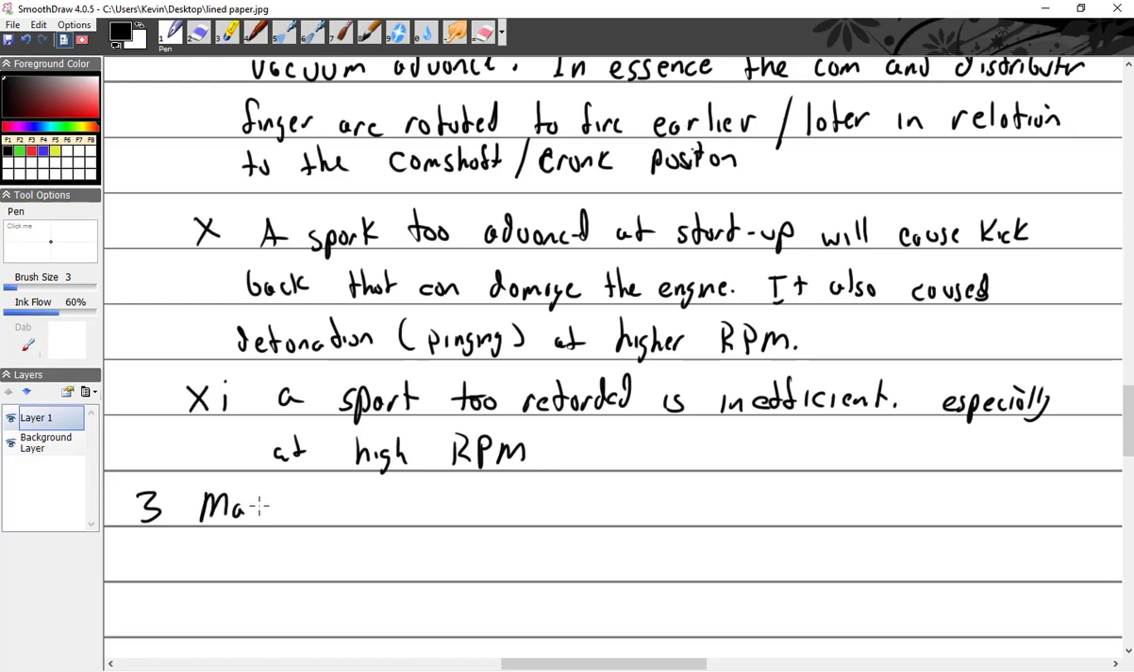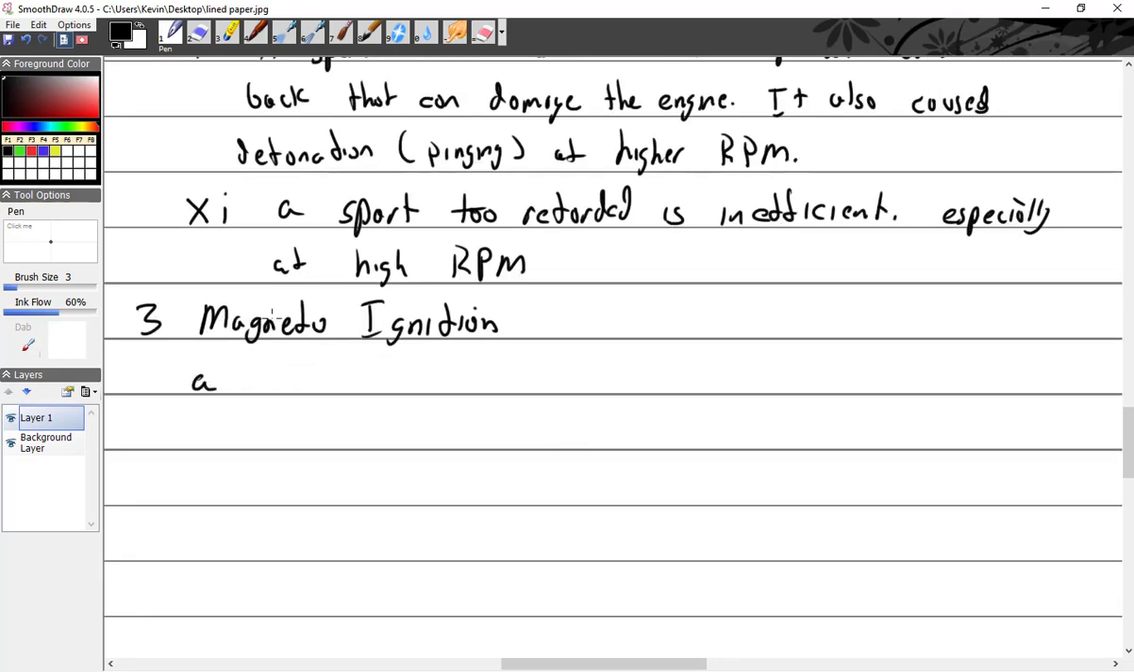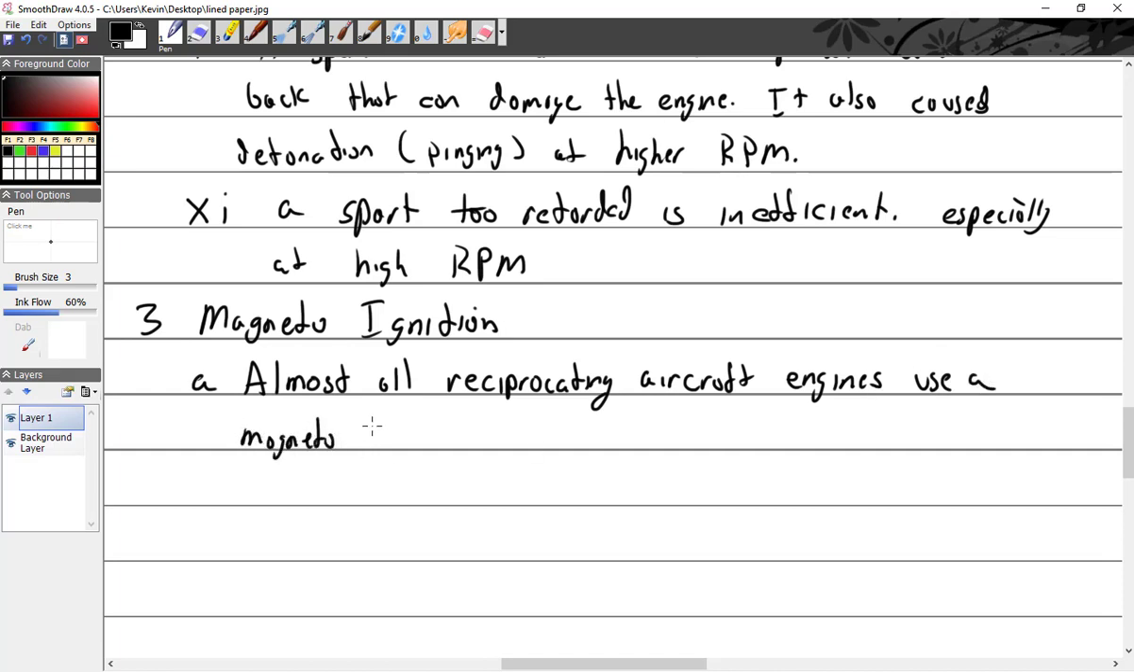So now we can talk about magnetos. These little silly rascals. Well, this statement's becoming less and less true, but almost all reciprocating engines. A reciprocating engine is a piston engine, not a turbine engine. Reciprocating aircraft engines use a magneto system. I say that's becoming less of a truth because there are now, and as I said a minute ago,